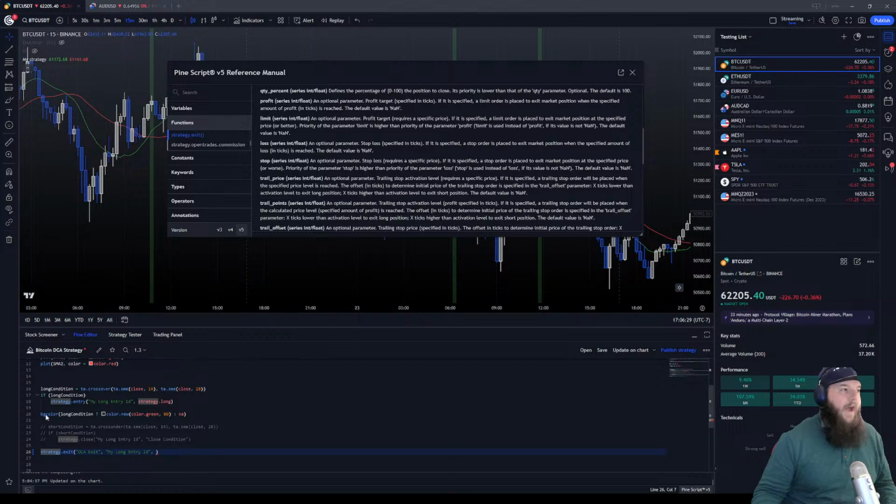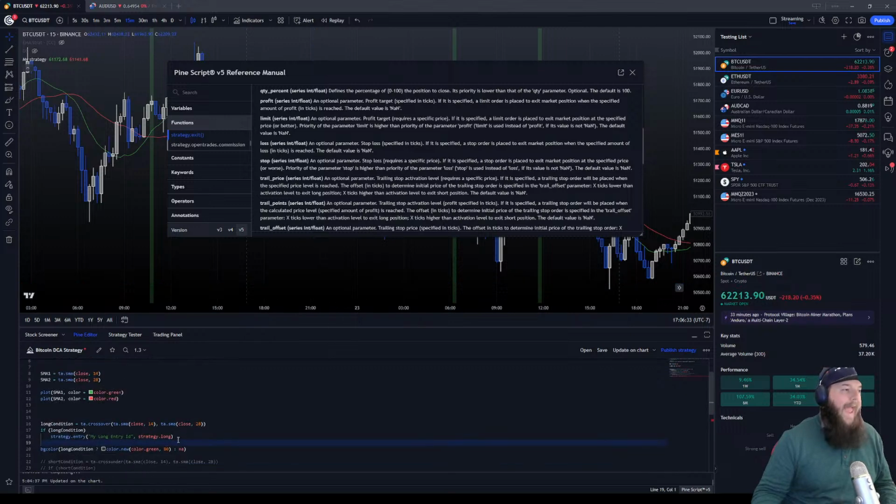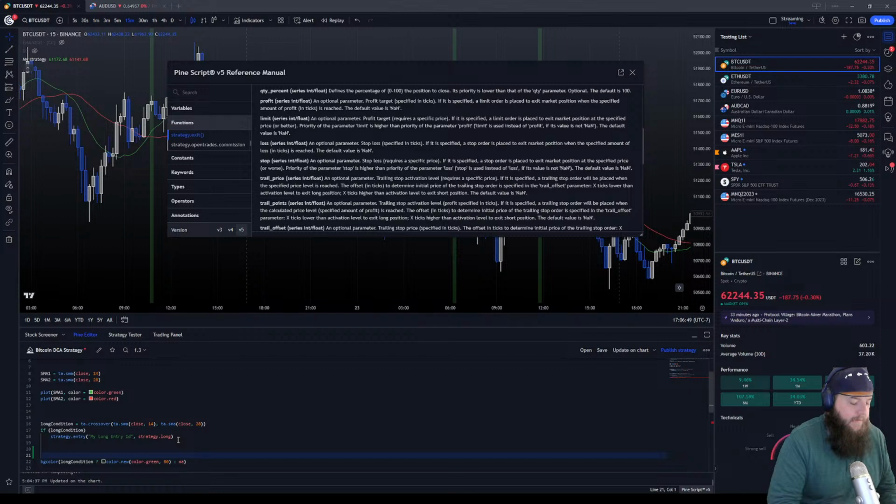So I want to exit the trade when the price is X percentage more than the average cost of my strategy, of my trade. There's a few parts to that. Let's just write out the logic first. This is going to be a price level. So we're going to name this variable exit